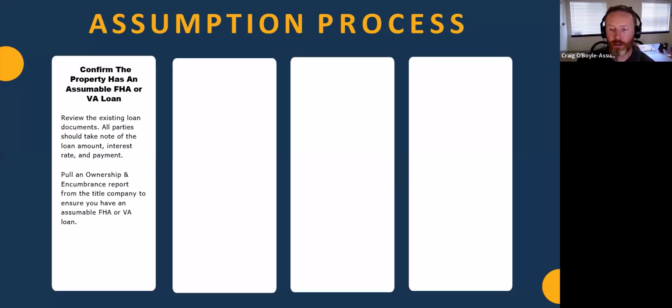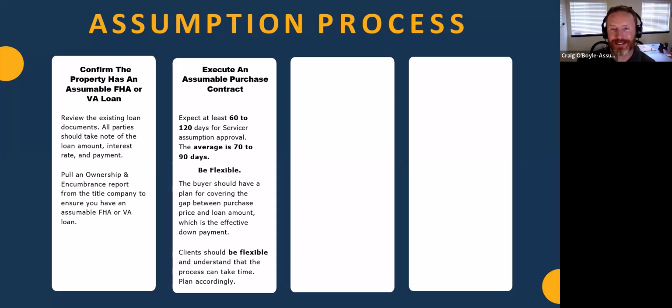Another thing you can do to confirm these things is pull an ownership and encumbrance report, which is what we do in Colorado as a title state. That'll give you the deed of trust. In the deed of trust, you're looking for an FHA and a VA case number. If it's FHA or VA, it's assumable. So that should give you that there. And then ultimately, once you've got that information, marketed or seen as a buyer, you execute an assumable purchase contract, right?